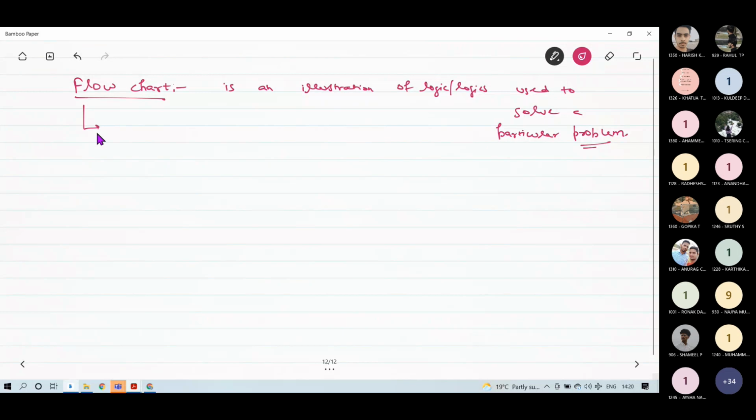These flowcharts are not language dependent. This thing you have to understand. These flowcharts are not language dependent.